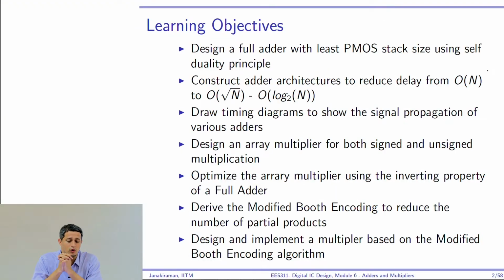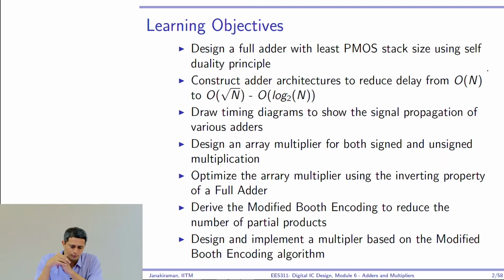What are the learning objectives, right? So first is you have to be able to design a full adder with the least PMOS stack size using the self-duality principle. This we already saw a glimpse of in the earlier thing where I showed you the mirroring circuit, right? So this is something we have to be able to do. Construct adder architectures to reduce the delay from O of n to O of root n to O of log n, right? O of log n is going to be achievable only through something known as the carry lookahead adder, which I am not going to cover here. It's a self-study part and you will have to implement it in the project. So please go look at it, study it on your own and implement that circuit and show it in your